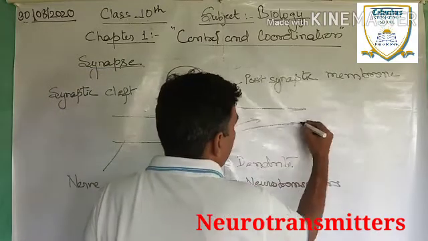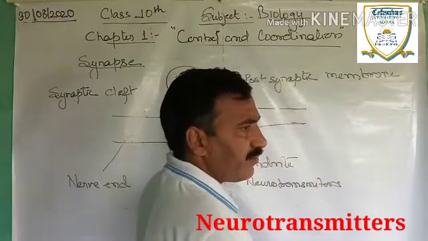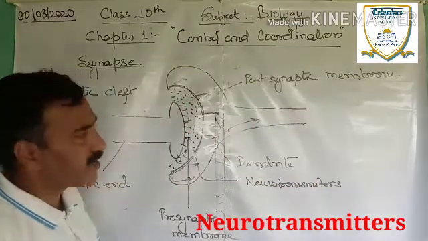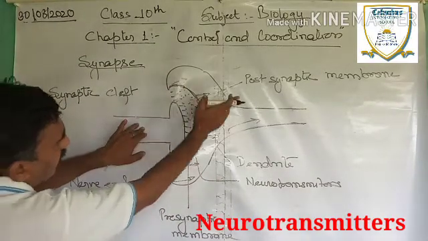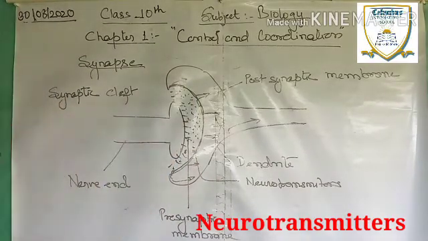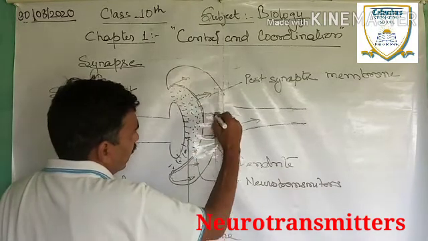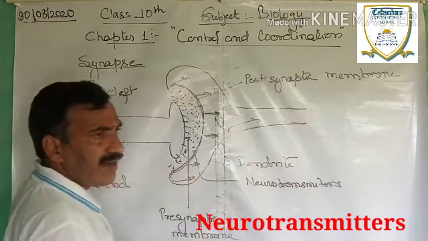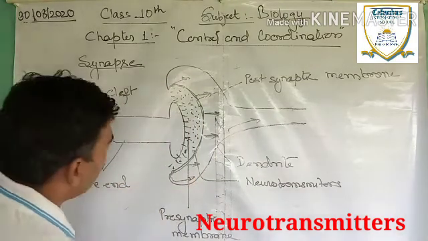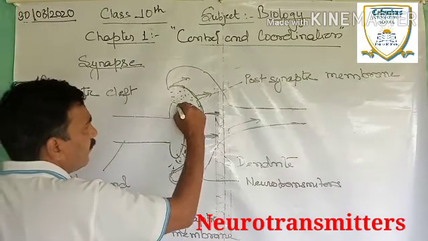Again, the neurolemma and the nodes of Ranvier speed up the impulse which is moved to the nerve ending. The impulse travels within the neuron in the form of chemical impulses, and at the time of releasing